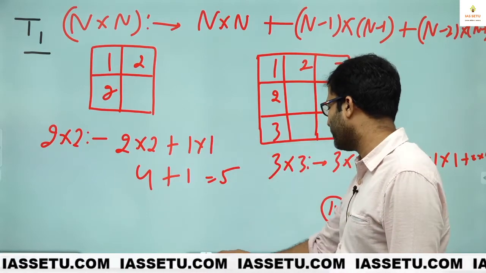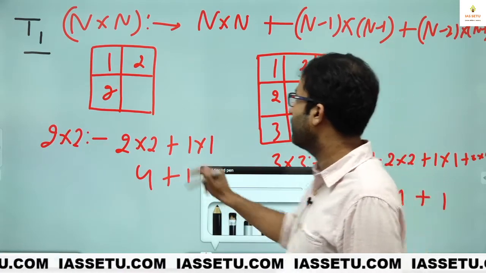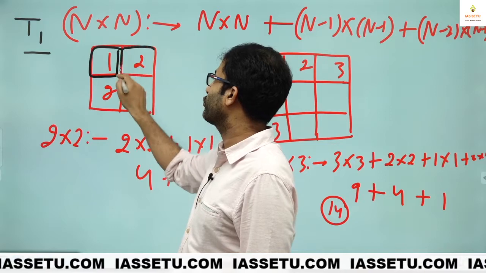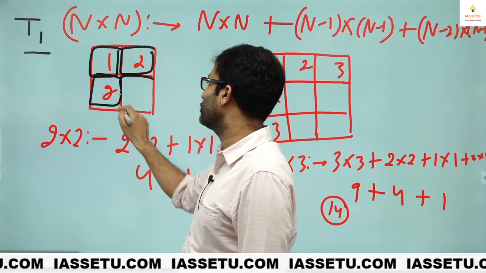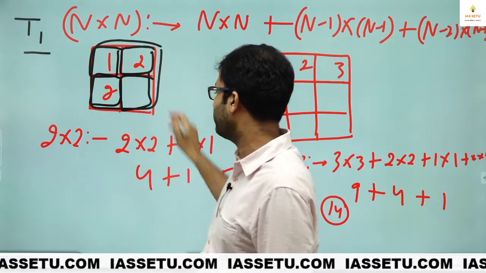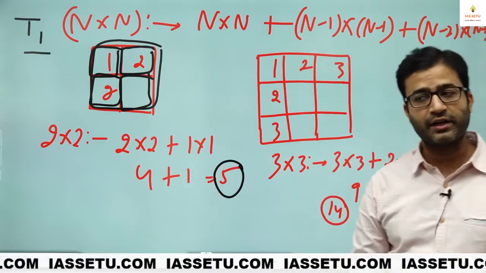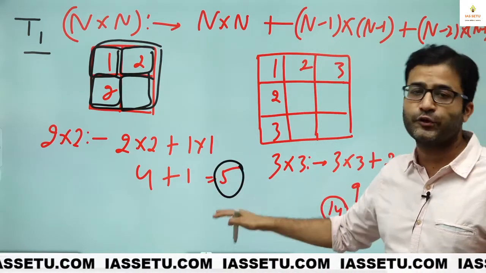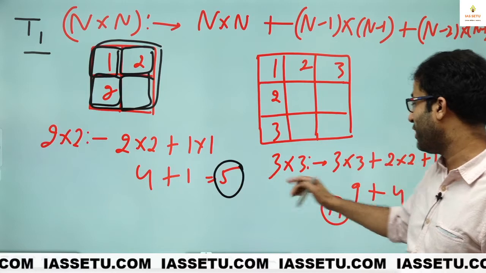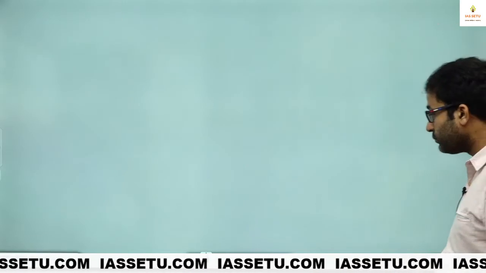Now let us check whether I have given you a correct formula or wrong. Here in this small figure, we can do manual counting. Here also, we check square number 1, square number 2, square number 3, square number 4, and this bigger one 5. So manual counting, we get answer 5, and with the short trick also we get 5. Okay, so we have 5 here, we have 14 here. Now next.